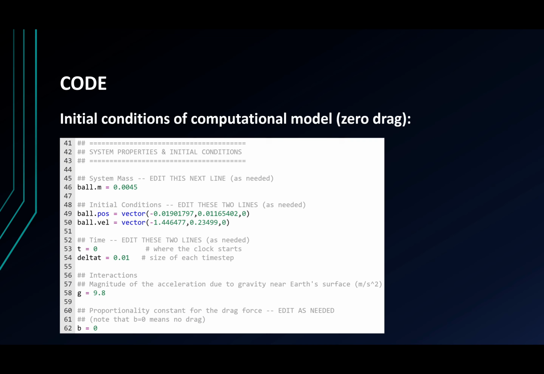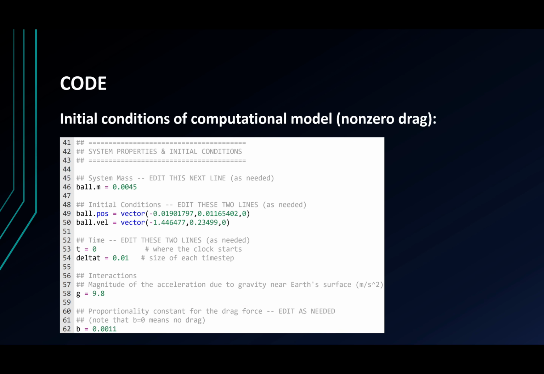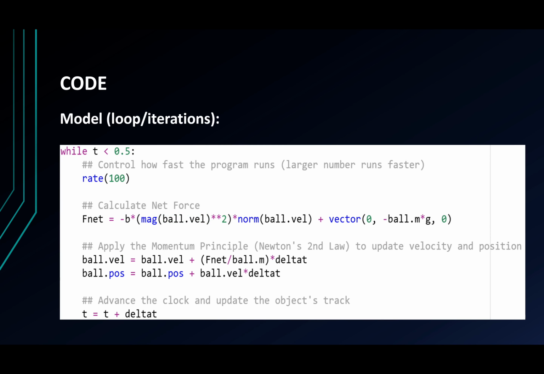These are the same initial conditions I mentioned, implemented in code for the computational model. In the model assuming zero air resistance, I've set b to be 0. And in the model assuming non-zero air resistance, I've set b to be 0.0011, a value I obtained through trial and error. The total time that the ball spent in flight was 0.5 seconds, hence the header for the while loop. And here is the same net force formula and velocity and position update formula from before, implemented in code